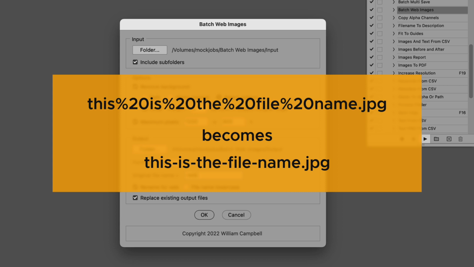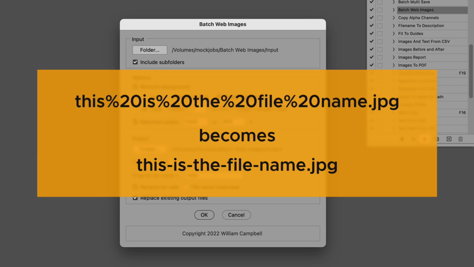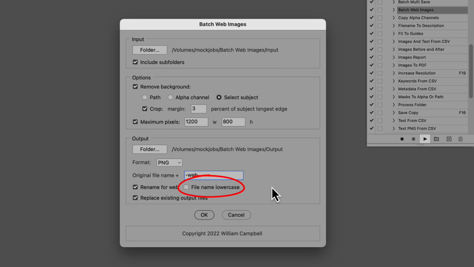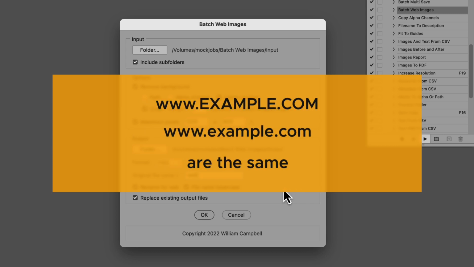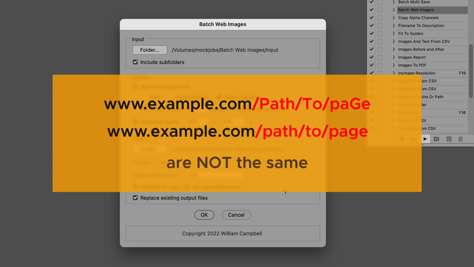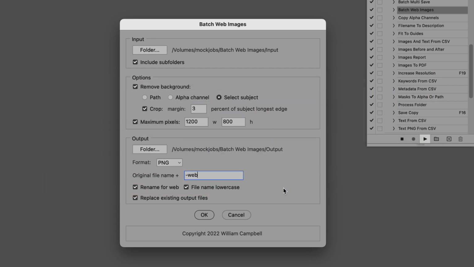Instead, dashes appear in place of %20. Making file names lowercase is recommended, but it is optional. The domain name of URLs is case insensitive, but the path is not. However, some hosts convert paths to lowercase, causing resource not found when lettercase doesn't match exactly. Using lowercase helps avoid these errors.